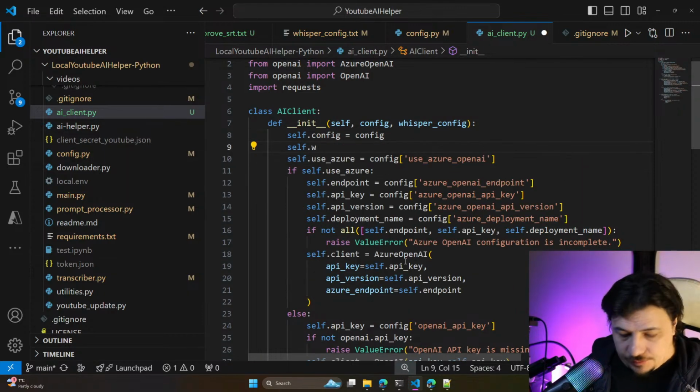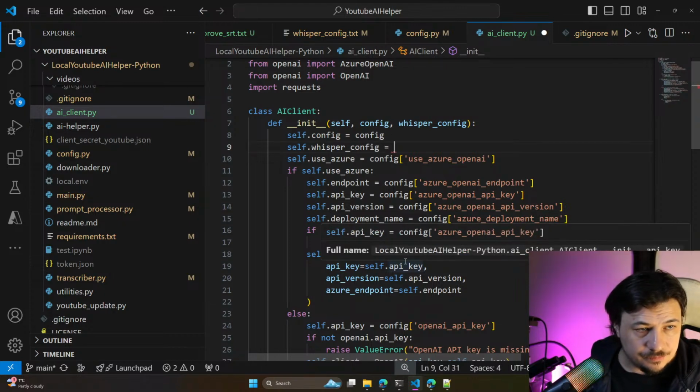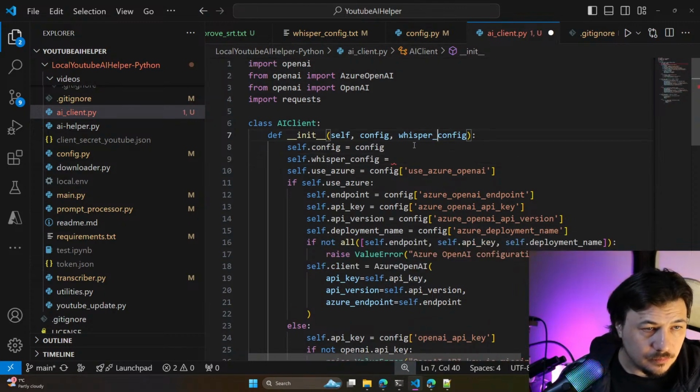Self whisper config equals whisper config.